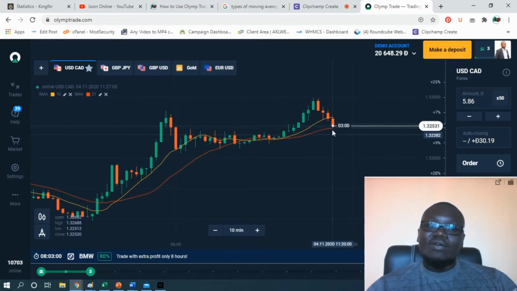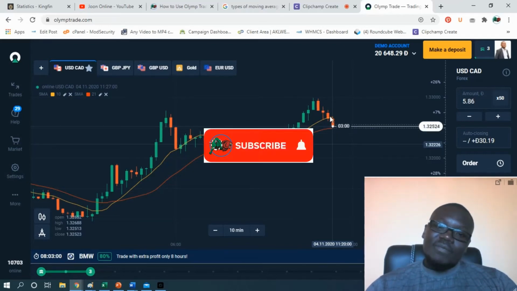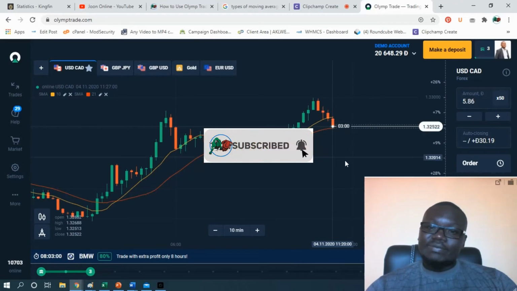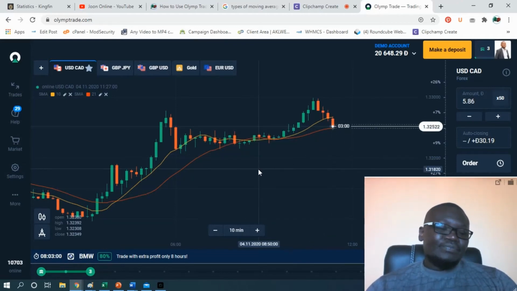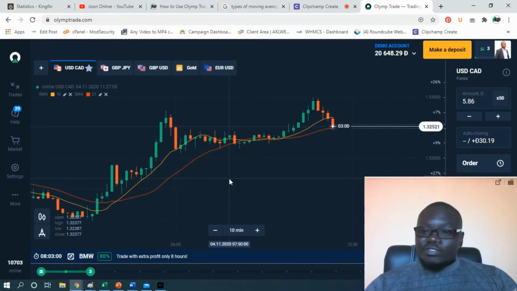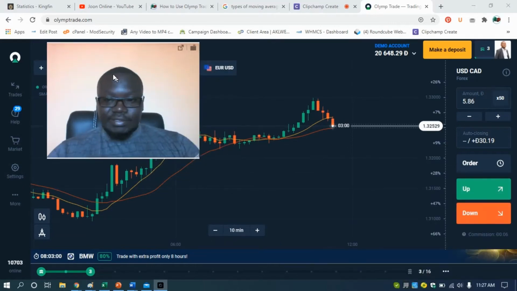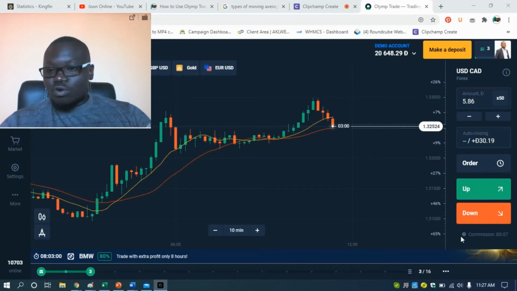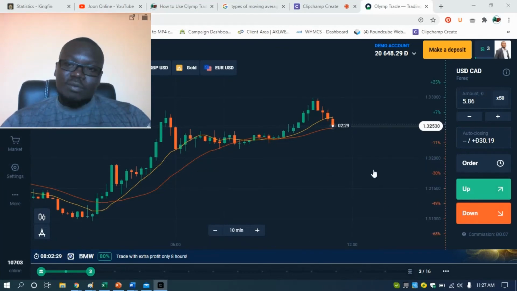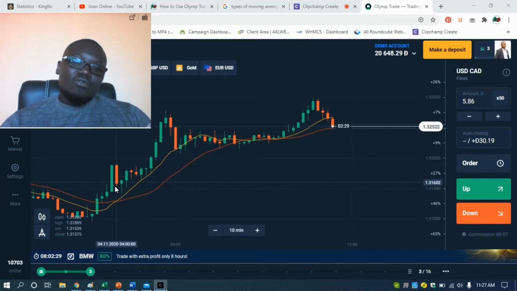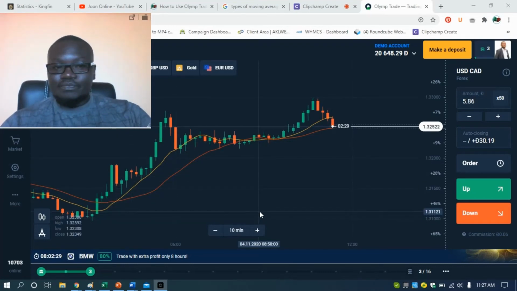Again, prices can go below the two SMAs, and that is even a stronger signal to enter that market. So if you wanted to buy on this market, to go up, to go long, to open a long position, it means the same thing. So if you wanted to go up on FTT on the Olymp Trade platform, then what you'd be looking for is one,